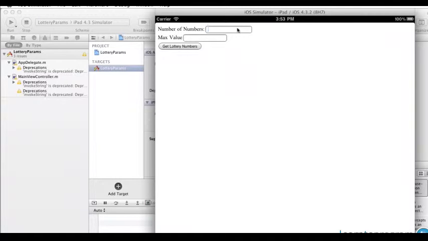That's OK. So for the number of numbers, let's say we want 3. And the max value, let's say, is going to be 32. We'll click Get Lottery Numbers. And there we get our values back from the server. 15, 23, 18. We get 29, 16, 13. 13, 31, 7. So now we've been able to send a parameterized query to a server, get a return,